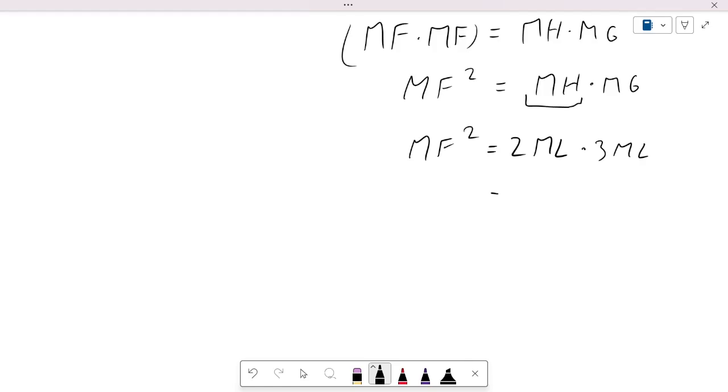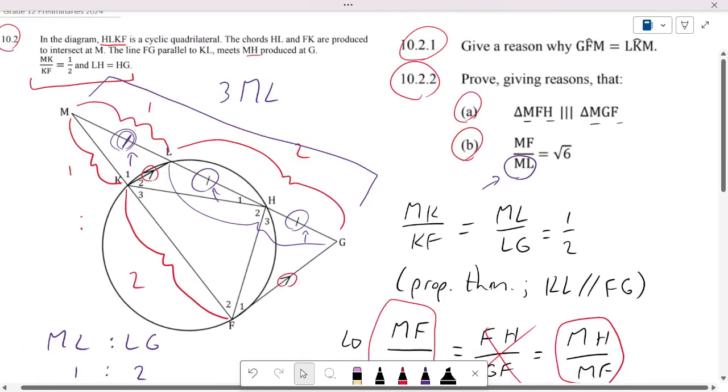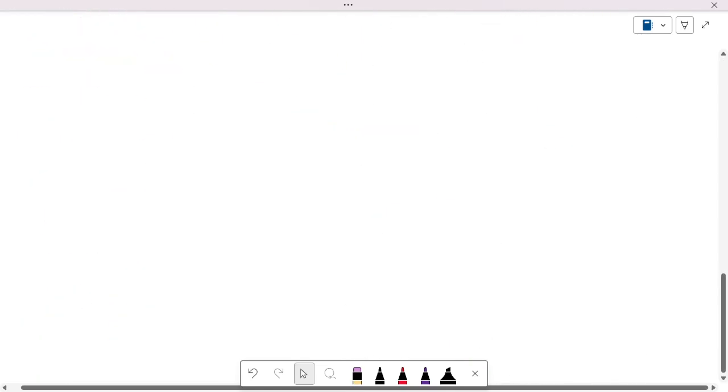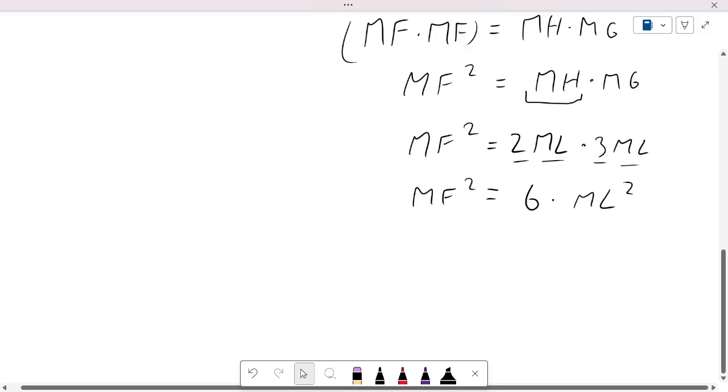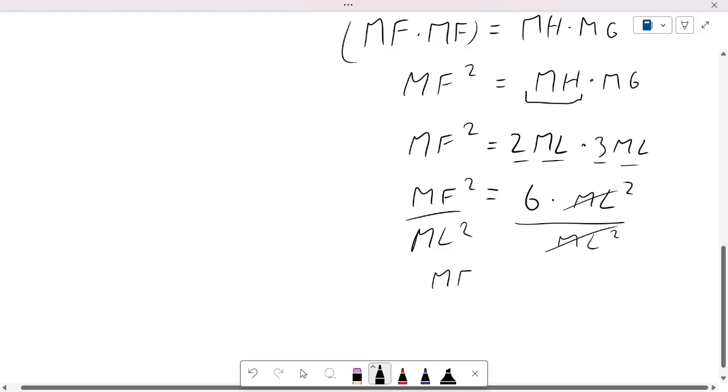Now we can see that this can multiply. 2 times 3 is just 6, multiplied by ML times ML, which is ML squared, and this is MF squared. And remember that we need to get MF over ML. So it actually works out perfectly. If we divide both sides by ML squared, these cancel out, and we're going to have MF all squared over ML all squared